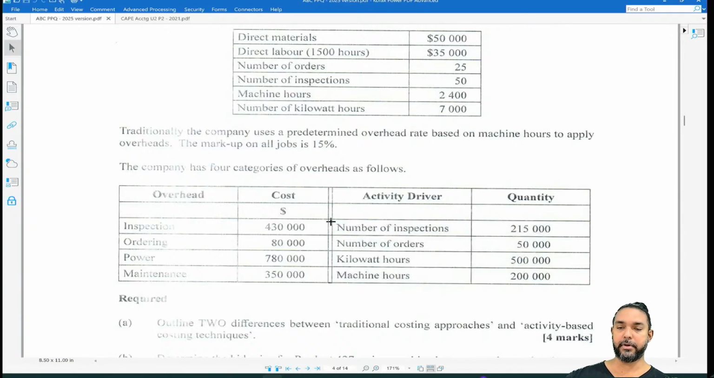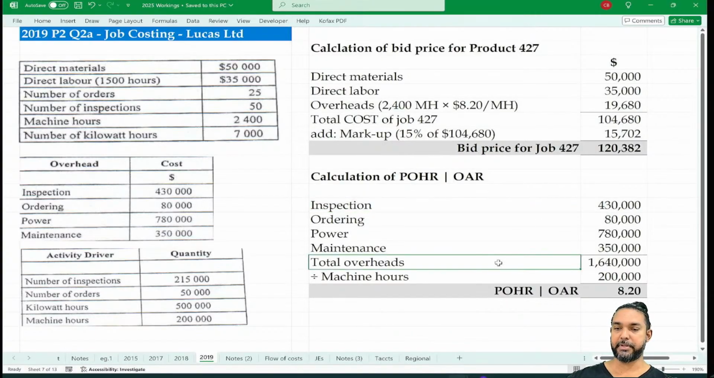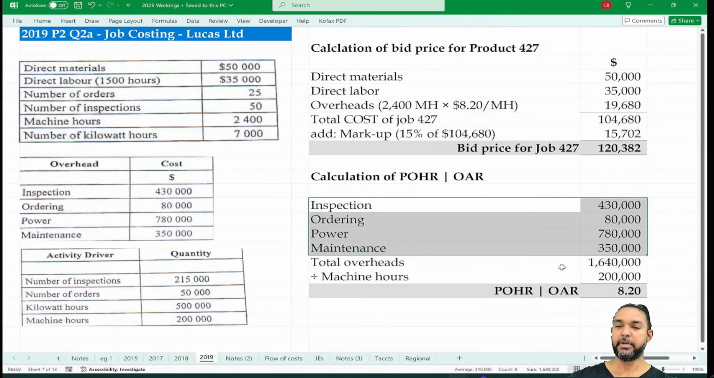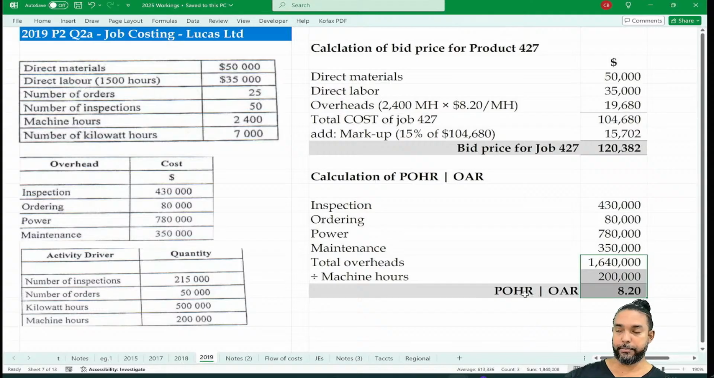So we were ignoring all these things here because the question said that traditionally the company used machine hours to apply overheads. So we would only be considering this item here. What we did, once again, is we added these 4 overhead components: the 430, the 80, 780, and the 350. That's what we did here: inspection, ordering, power, maintenance. We had a total overheads cost of 1.64 million, and the machine hours was 200,000. When we divided, we got an OAR or POHR of